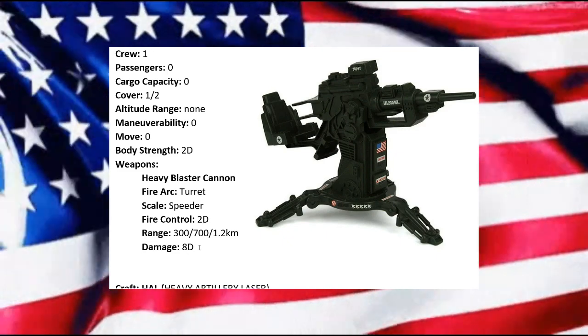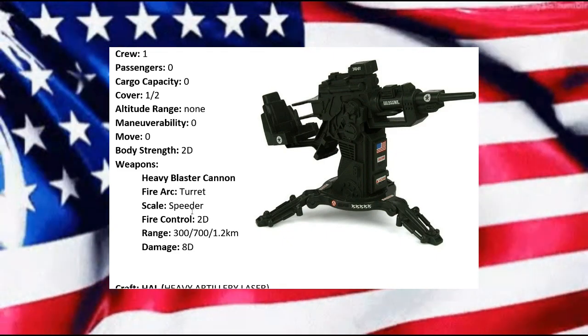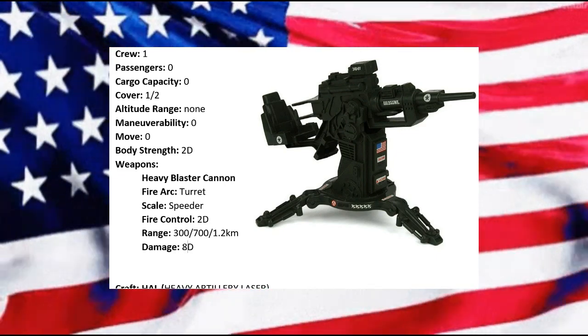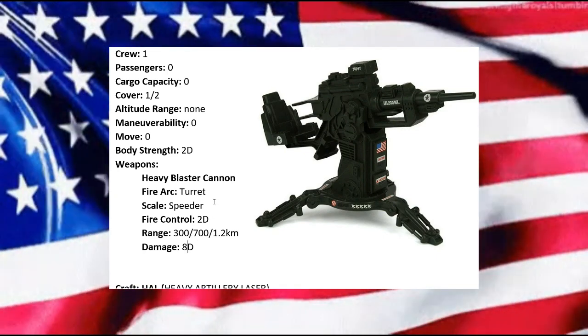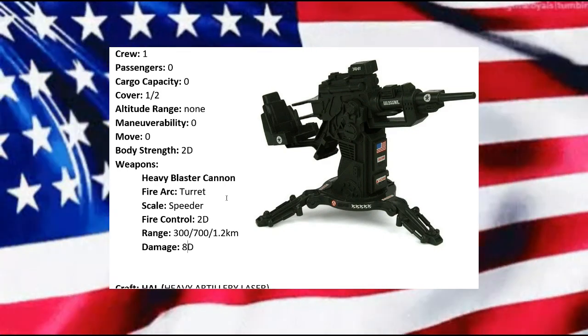60 is very respectable, and you're adding an extra D for that area if it's going against infantry. Here you're going to add an extra 2D, so this would actually take it up to like a 12D in an area. But if it's going up against walkers or anything else, which I think when we're looking at GI